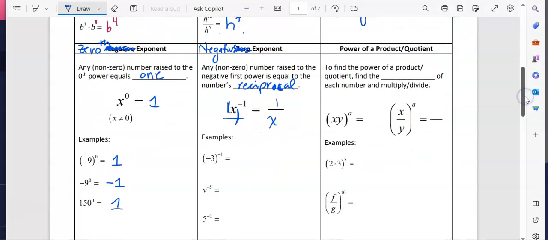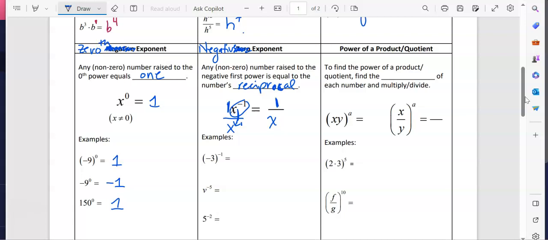When I cross that fraction bar line, I'm going to move that x to the negative first to the bottom. I change its sign to positive. And because this moved, what I'm left with again in the numerator is the coefficient of that term, which was 1. So these examples, again, are kind of just one example, but when we work with multiple different bases and powers,